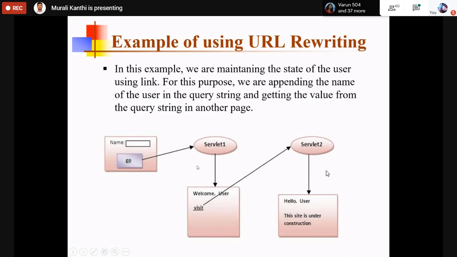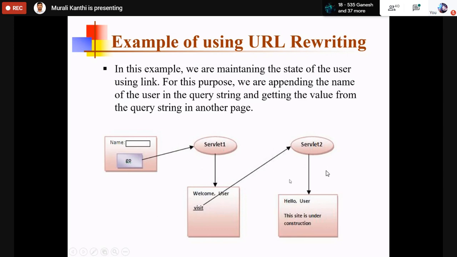After taking this information, it welcomes that user, and then one more hyperlink is there. To process this, after clicking on this hyperlink, another servlet is invoked. This servlet 2 is going to display whatever information was on the form.